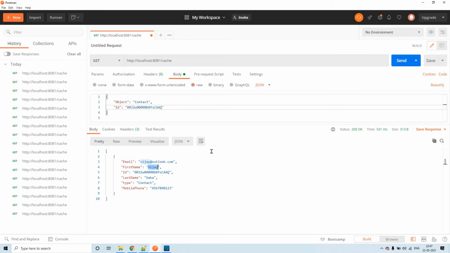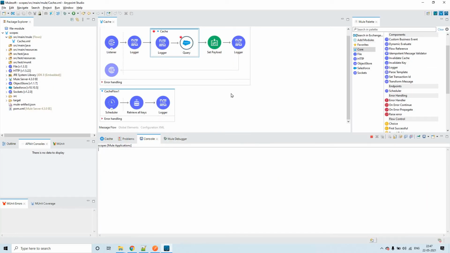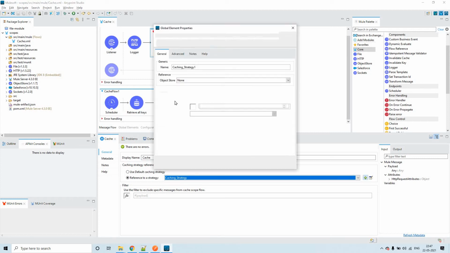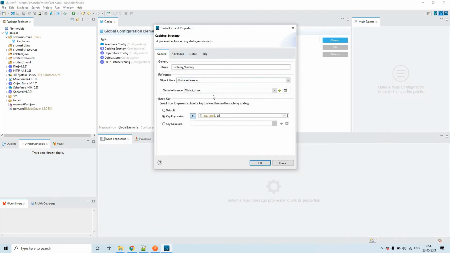In order to minimize that default nature of this cache strategy, we can go to the custom cache strategy. You have to enable this, and we have to create a cache strategy, so you click on plus. I'll show you what I have created. I'm editing this.